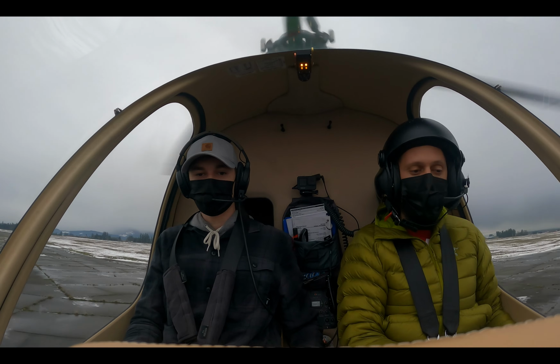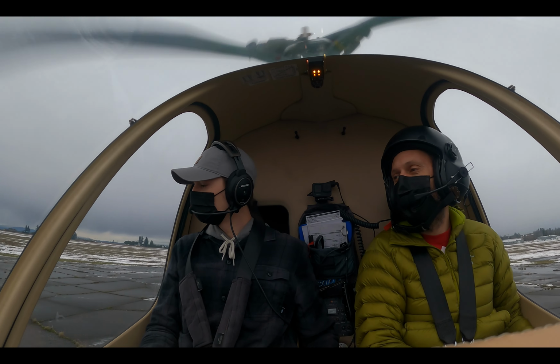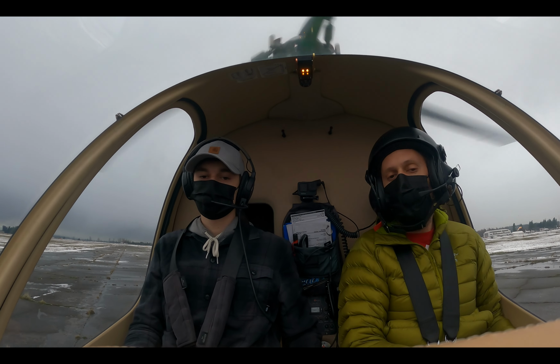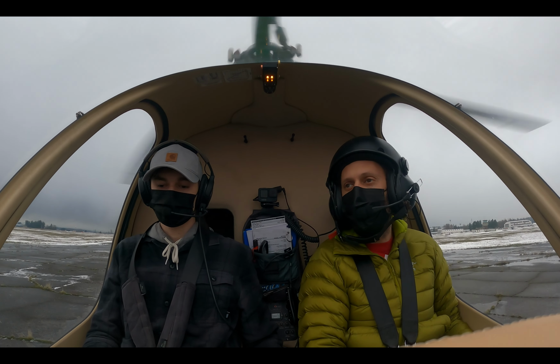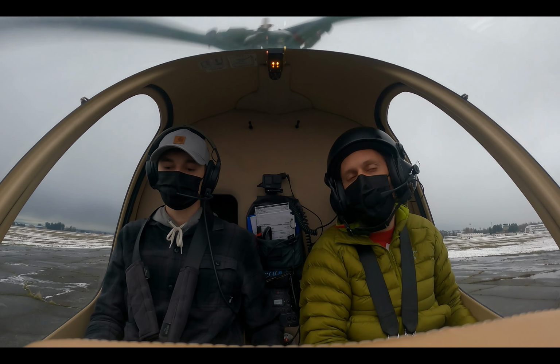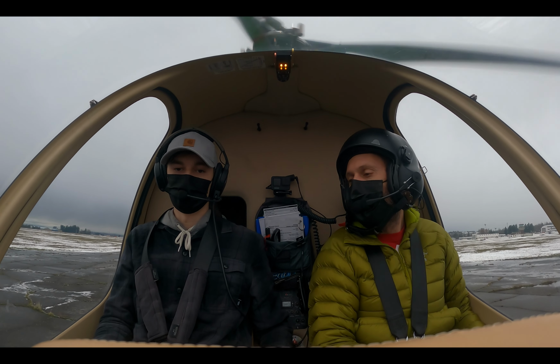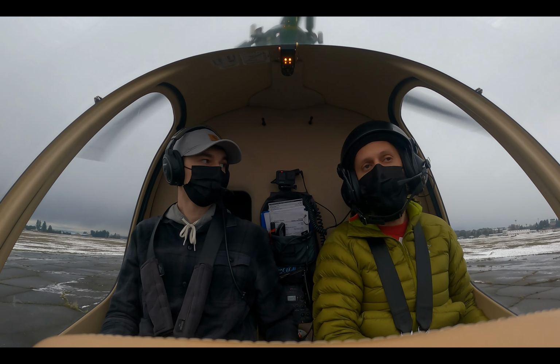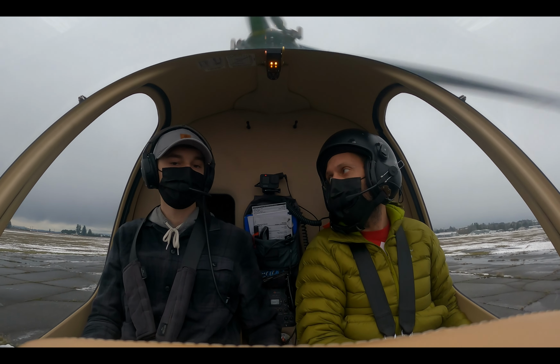Anyway, so that was our target right here, this circle. Okay. So you can be pretty precise when you're doing autorotations. Pretty much put it wherever you want, for the most part, as long as it's within your range of gliding. Yeah. You can shorten it up as much as you need to. You can lengthen it somewhat. There's limits to how far you can glide, obviously, but...